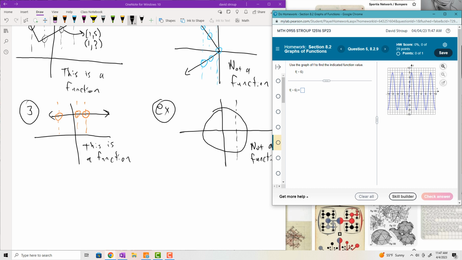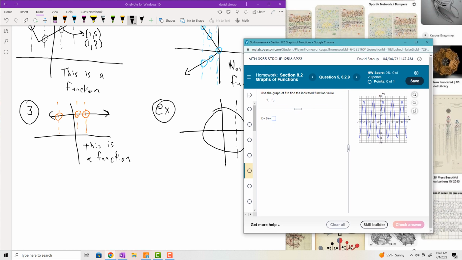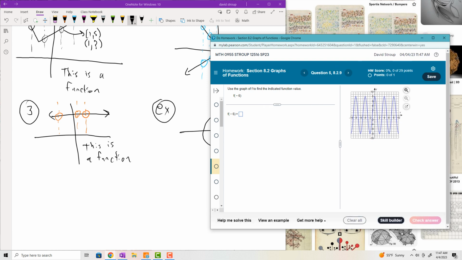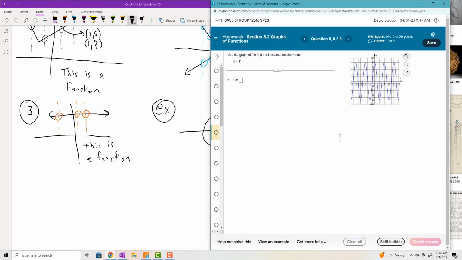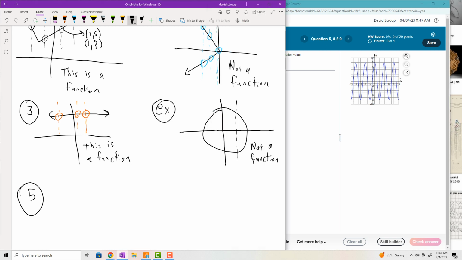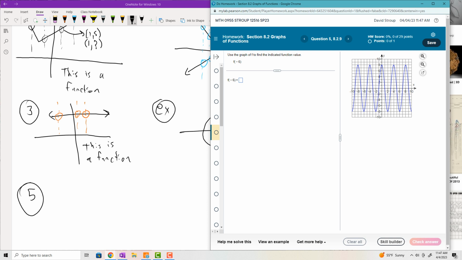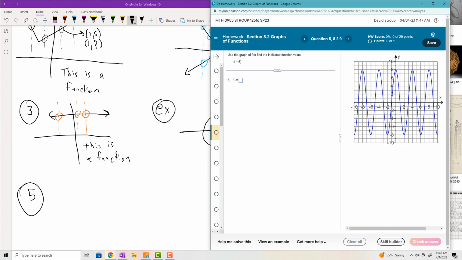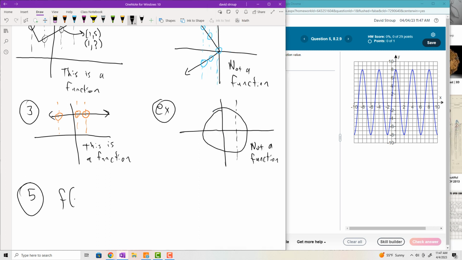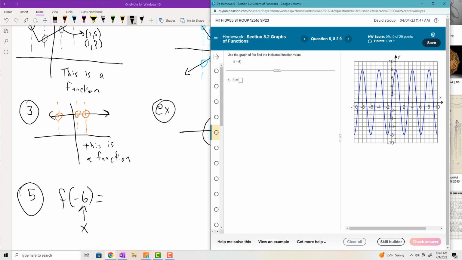Okay, then we go on to kind of analyzing these graphs. And the first types of problems, you're using the graph to evaluate the function. So you see that up and down shaped graph there on the right. That thing is the graph of some unknown function. And we want to know f of -6. So what the heck is f of -6? Well, the x value is -6, and we want to see the corresponding y value on the graph. So you just go over to -6,